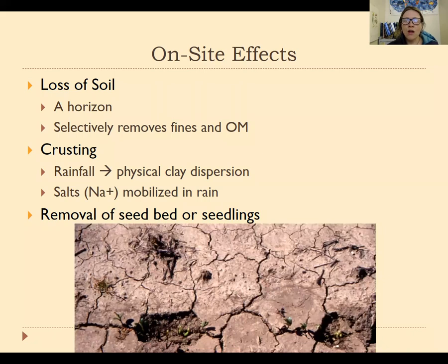So it tends to not only remove the surface A-horizon first, but even more than that, it tends to remove fine soil fragments and organic matter, which is pretty light and fluffy. If you remember when we did our jar test and we shook up the soil, the stuff that came out on top, there was organic matter that floated on the surface of the water, and then clay and silt layers on the top. So those are the layers that have organic nutrients in them. And then remember, the clay portion of the soil is really good at holding water and holding nutrients. So if we're removing all that material, then we're leaving behind a much less active and nutritious soil